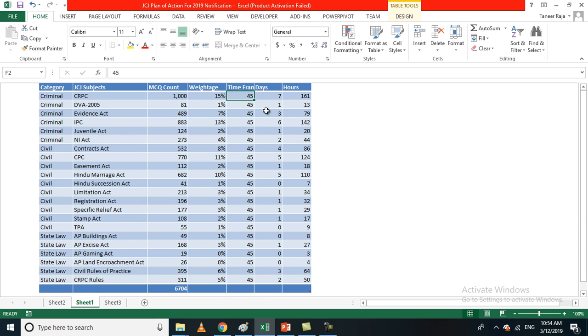If you take a long time, say 180 days, 6 months, you have 2 days for DVC and 52 hours, the upper limit you can utilize. That's actually the criteria, but the government of Telangana and any other government will not give more than 60 days at max, 65 days at max.